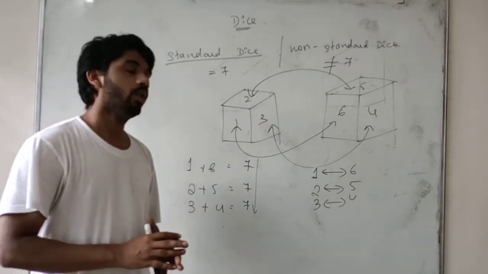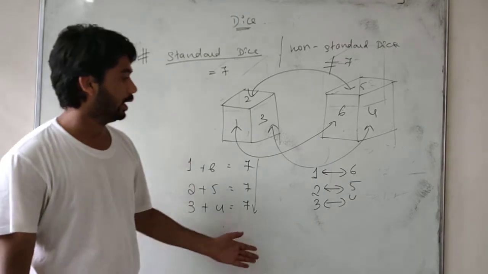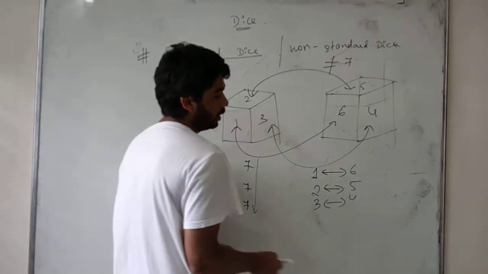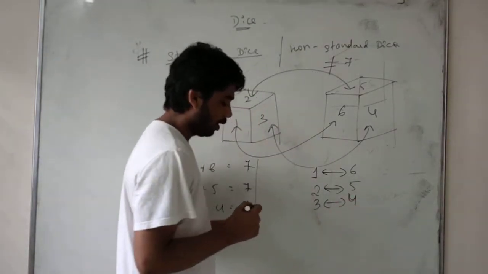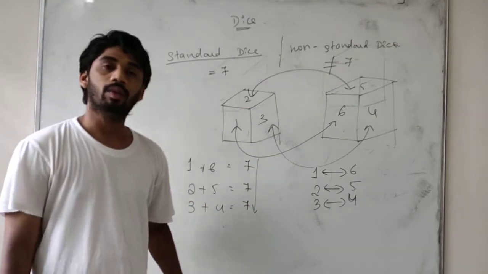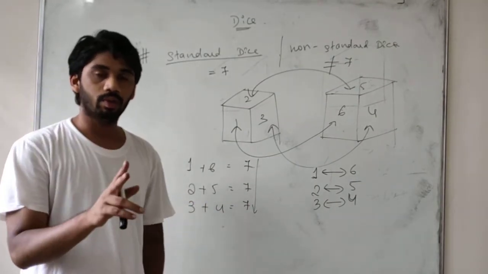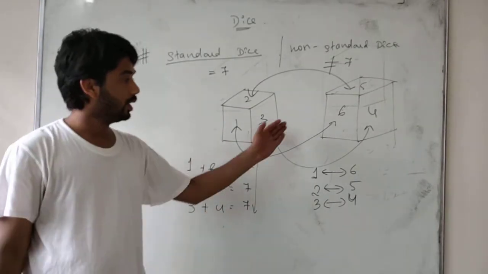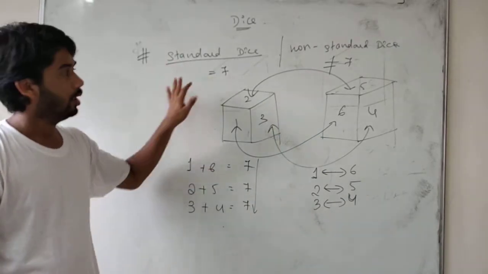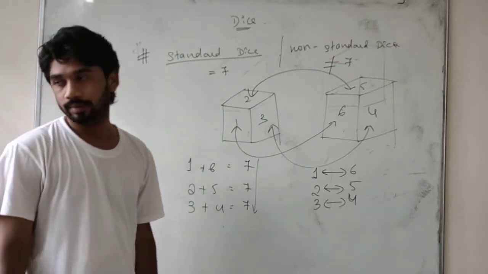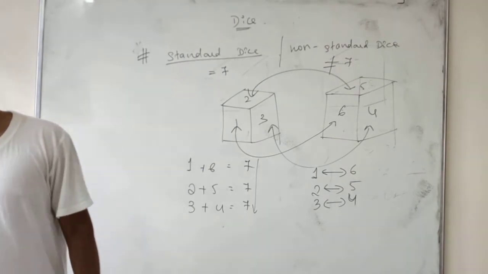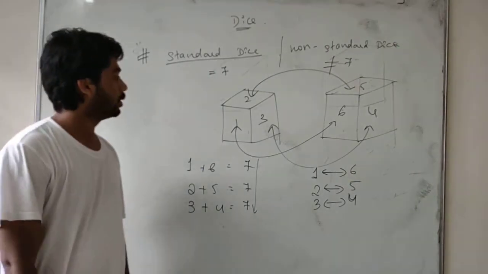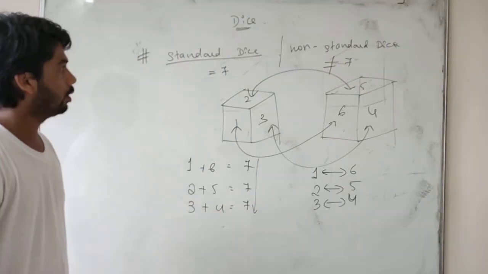So the question comes, what is the opposite of 4? 4 means we can directly say the opposite is 3. What is the opposite of 2? The opposite of 2 is 5. So in this way you must solve this question. Standard dash. Okay students? Note it down. In this way you have to solve this question.